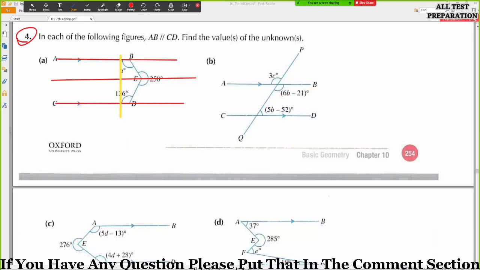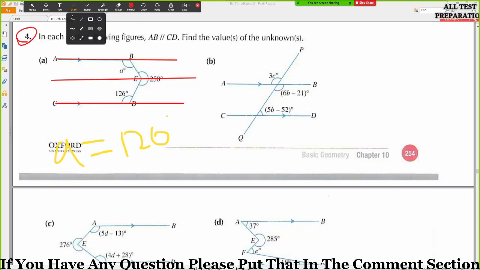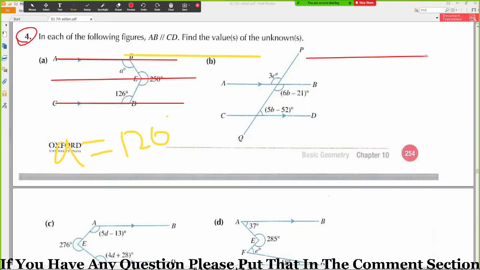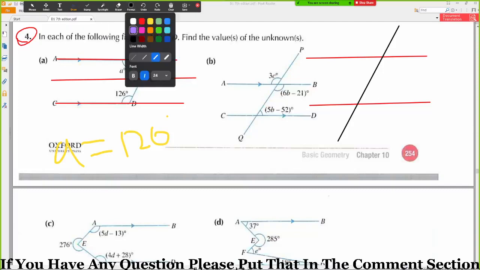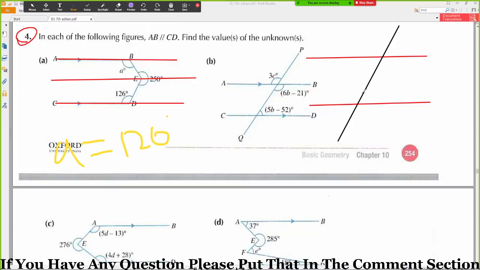No, the other line is not the same. Check the other corner as well. Yes, one corner is touching the red line, the second corner. Okay, look here. Hopefully you have studied alternate angles and vertically opposite angles. You studied all these things. These two angles are alternate angles and these two angles will be equal to each other.